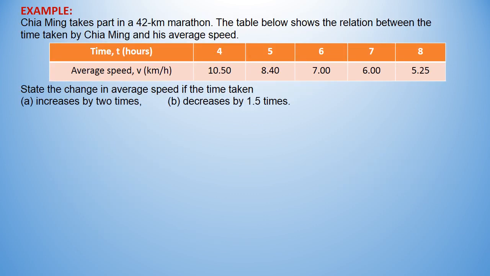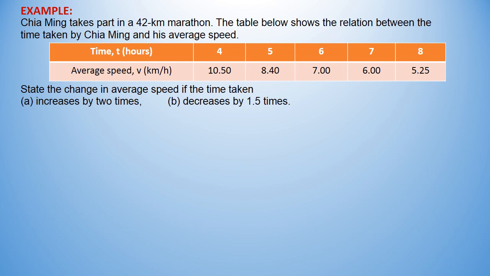This is an example about the relation between y and x for the inverse variation. So we look at this table. The table shows the time 4 hours, 5 hours, 6 hours, 7 hours, and 8 hours, and the average speed is 10.5 for 4 hours, and so on. Qiamin takes part in a 42-kilometer marathon. So we look at the question. State the change in average speed if the time taken